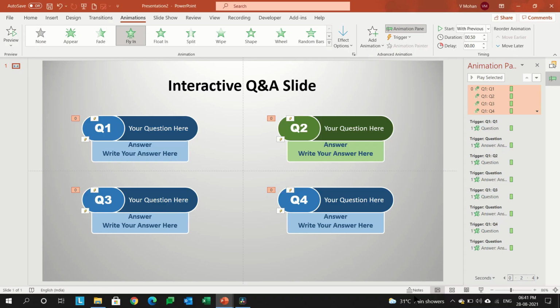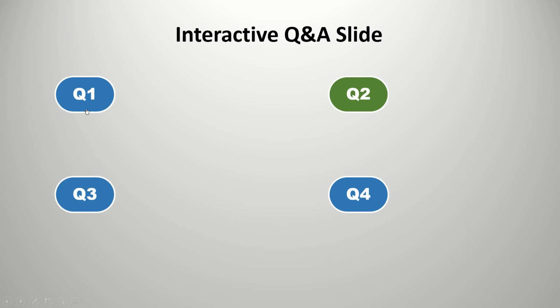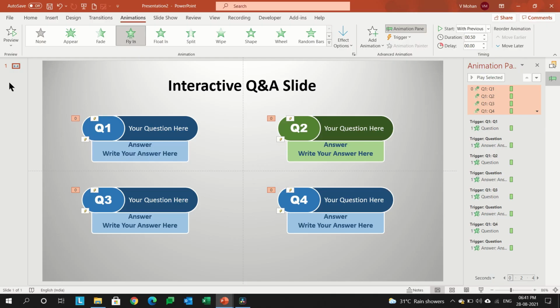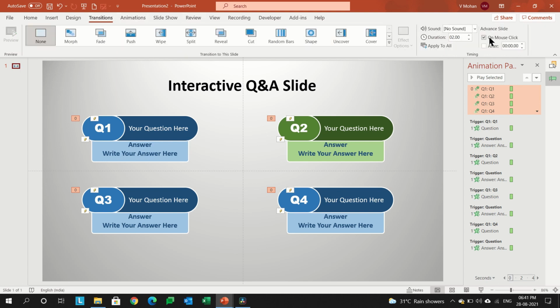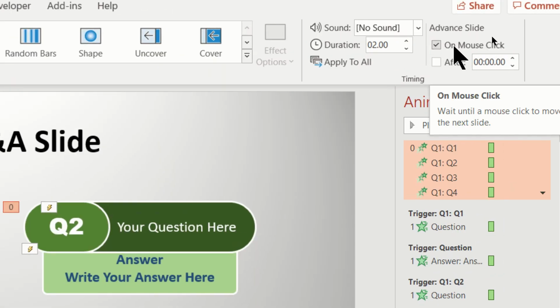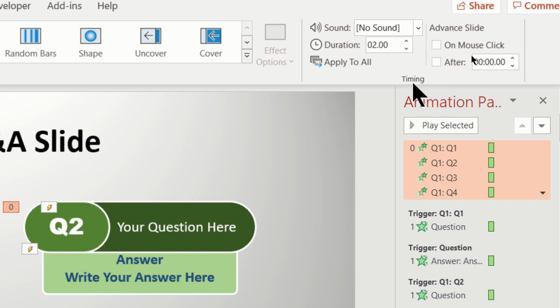Okay, so now we'll come back to the bonus tricks that I was telling you about earlier. If you look at the slide, if by mistake we click here instead of there, it will go to the next slide. To avoid this, we have to go to the left pane, go to transitions. There is an option called On Mouse Click checkbox. I will zoom in. On Mouse Click. So we have to uncheck this option. This will stop the screen from moving to the next slide on mouse click.